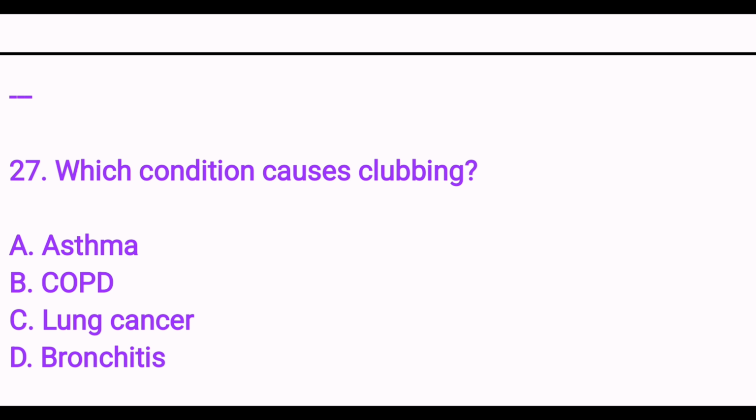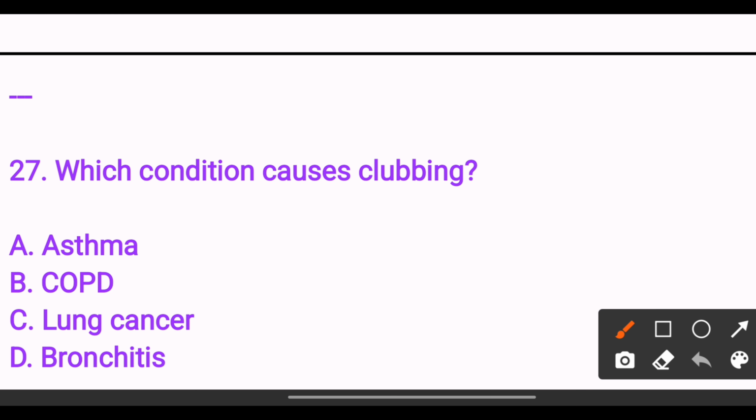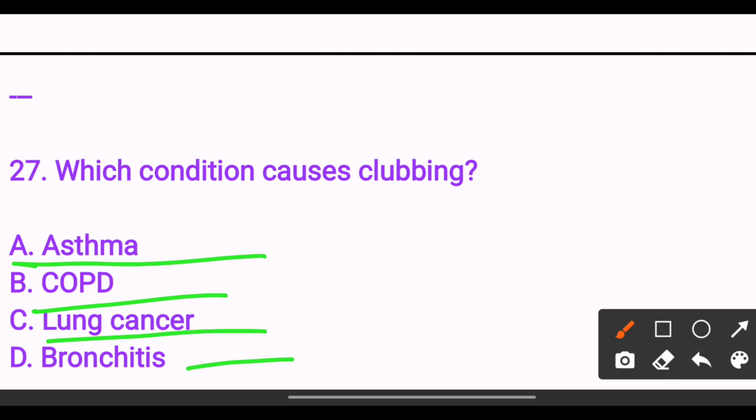Which condition causes clubbing? Option A asthma, option B COPD, option C lung cancer, option D bronchitis. The answer is option C lung cancer. Next,